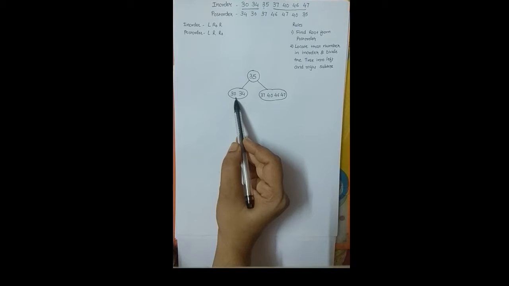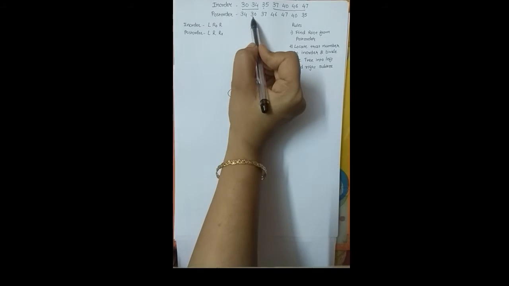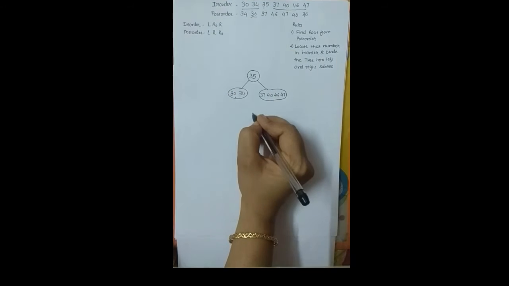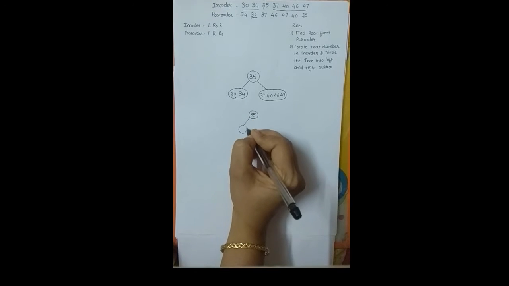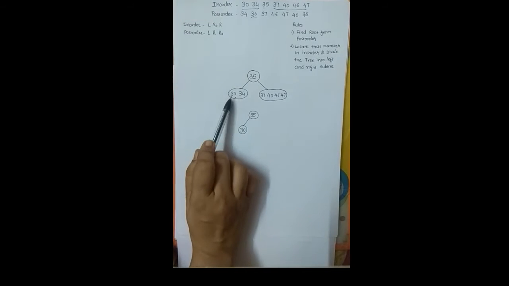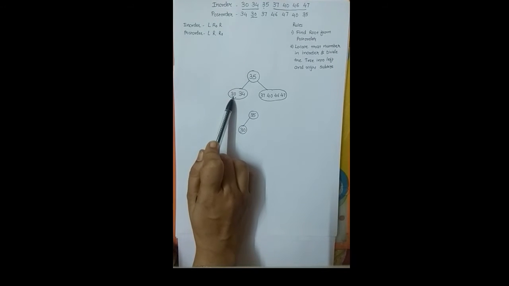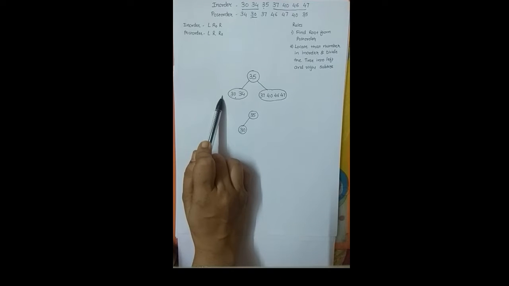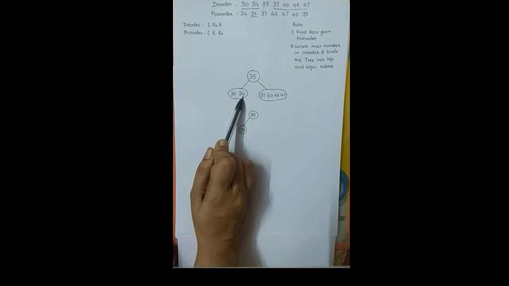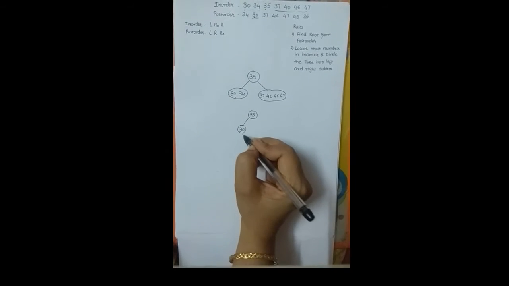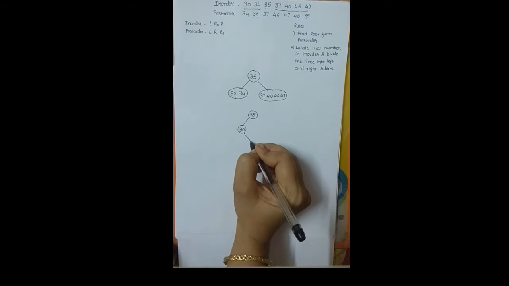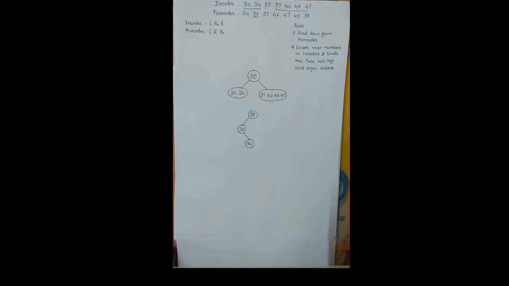Let us locate them in the post-order. I can see 30 is processed at the end, so 30 would be the root. So in the second step, we will write 30 as a root. These values are already copied from the in-order traversal, so all the values on the left of 30 become the left subtree, whereas the right of 30 becomes the right subtree. Here we don't have any values on the left of 30, so it would be null, whereas on the right side I have one value, which is 34, that becomes the right child of 30.